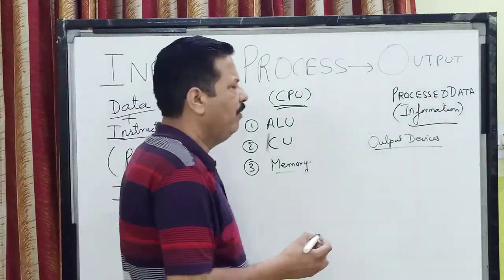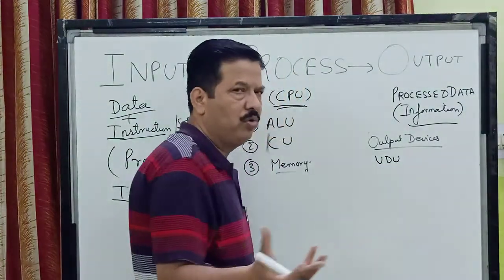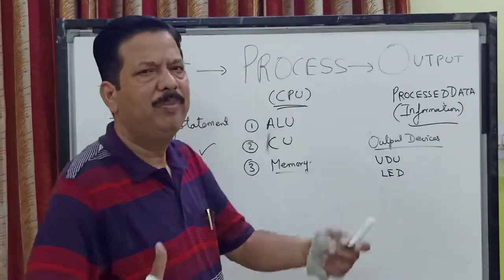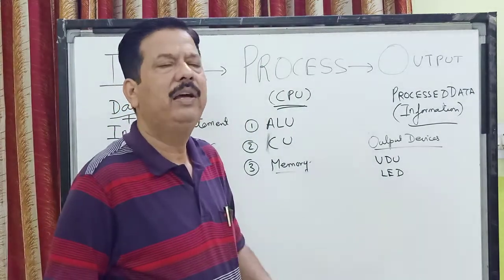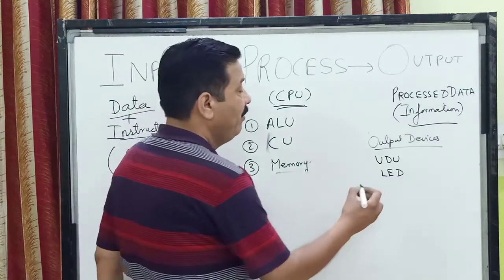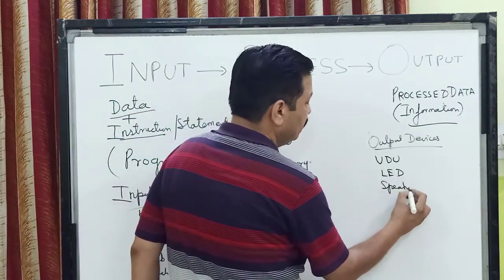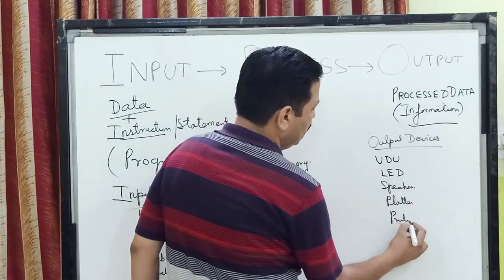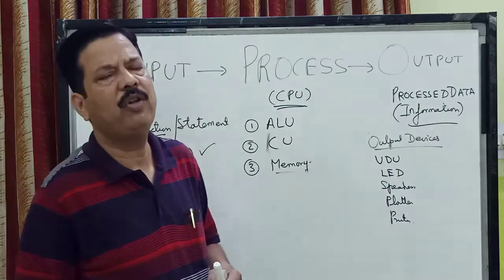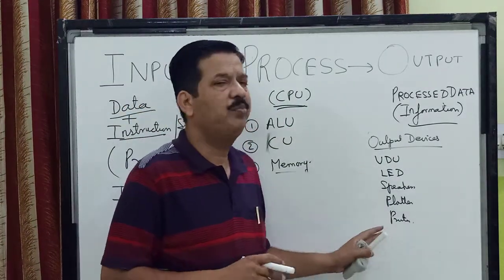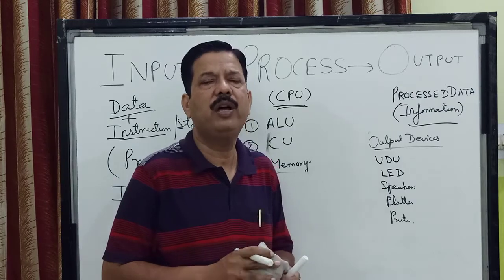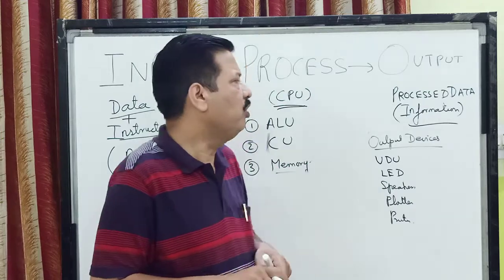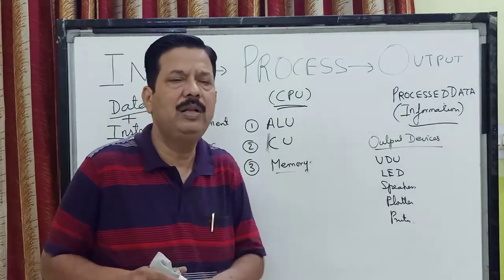Now children, output devices are so many. You have the visual displays, you have the LED screens, you have many other display screens available at present, and all these are output devices. Then you have the speakers, you have plotters, you have printers. Now children, all these are different examples of output devices, and through these output devices we get the output from the computer, or we can say the computer tells us, or the computer communicates with us. So children, I hope you have followed this principle of programming.